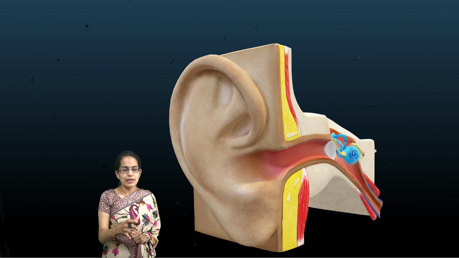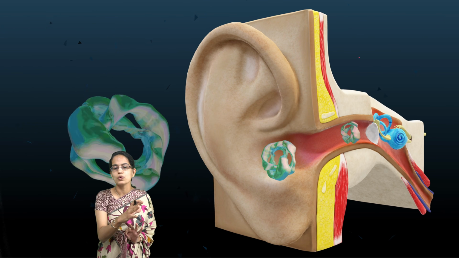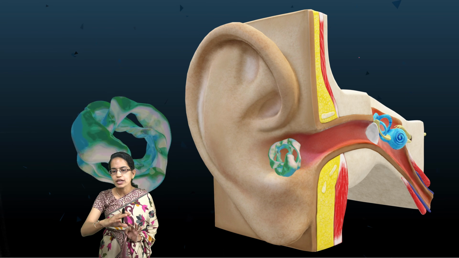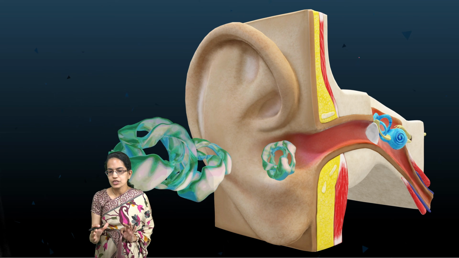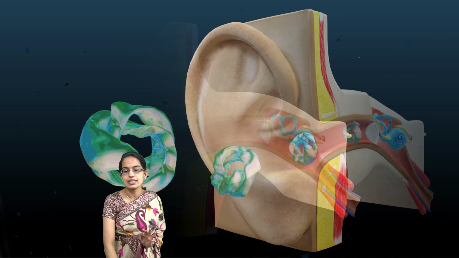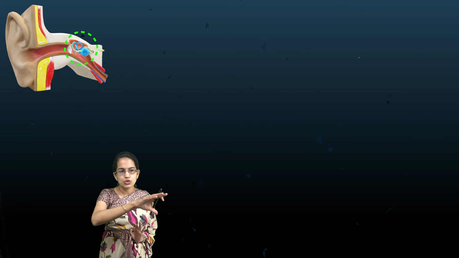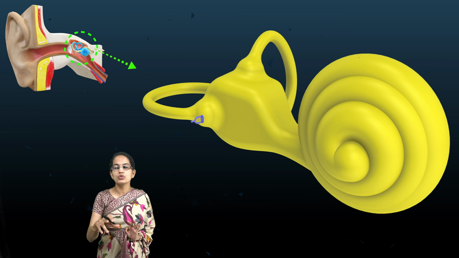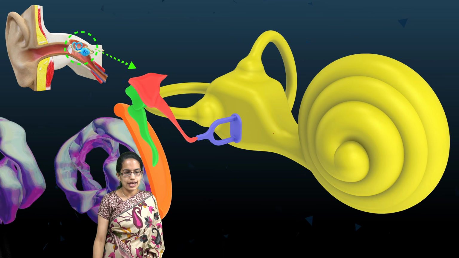Now what happens is, this is a simple demonstration of sound waves entering through the outer ear, moving through and touching the eardrum. As soon as the eardrum is being touched, this mechanical energy is getting transferred from the outer ear to the middle ear and finally to the cochlea. Now this is the enlarged structure for the cochlea, as you can see.